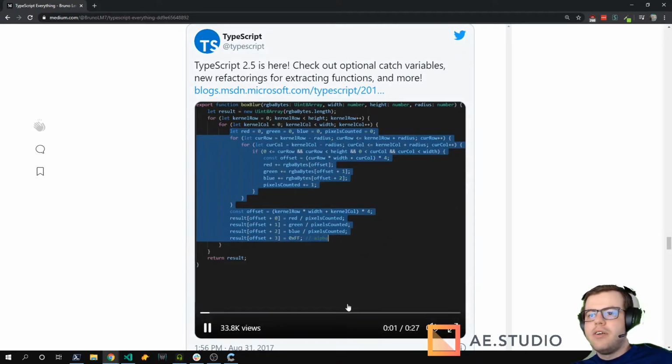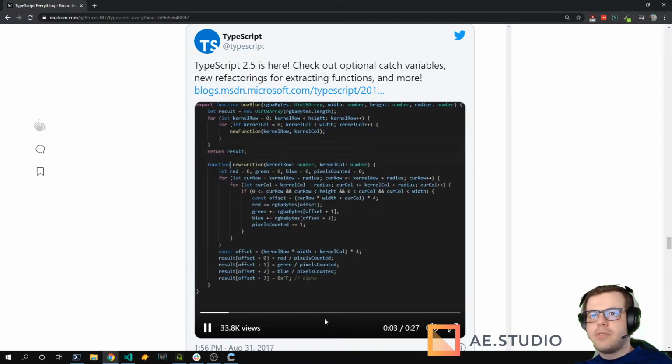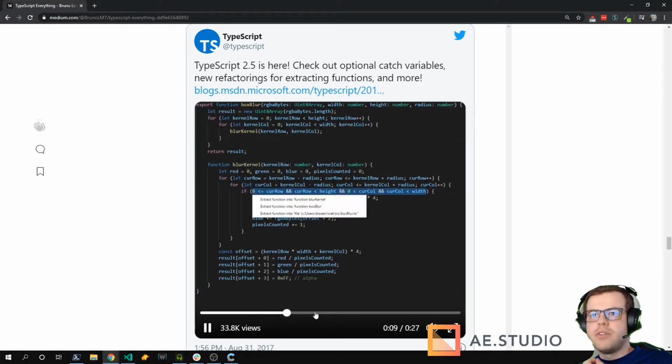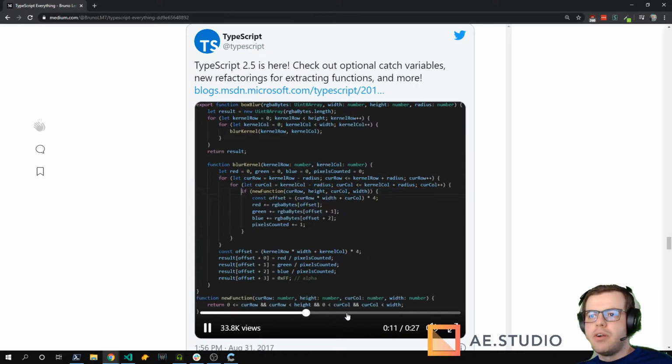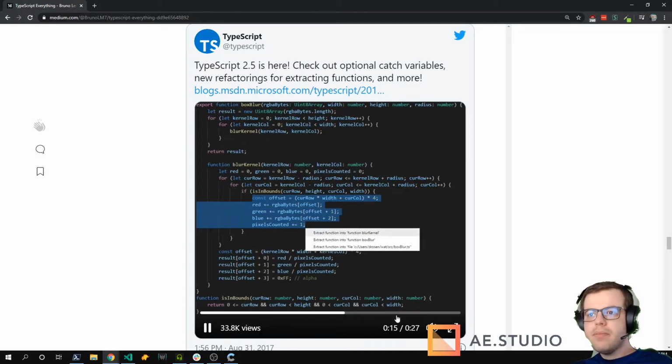And they are refactoring just by selecting extract a new function. And now the complexity starts to get reduced to the point where it's in a single responsibility principle.